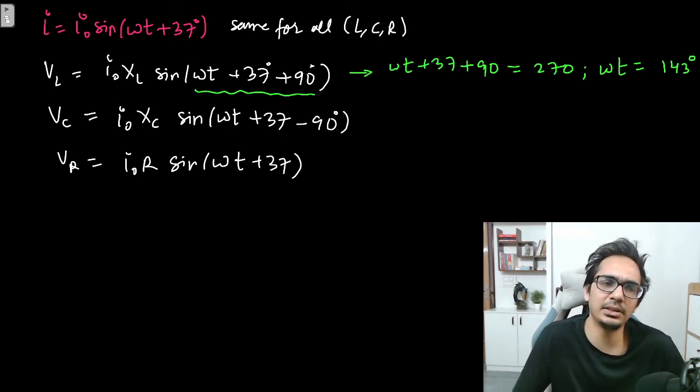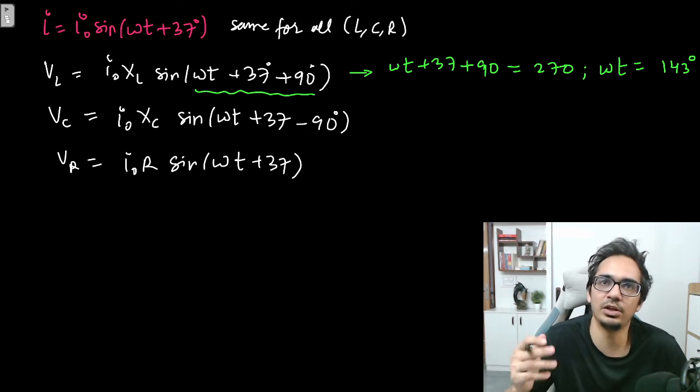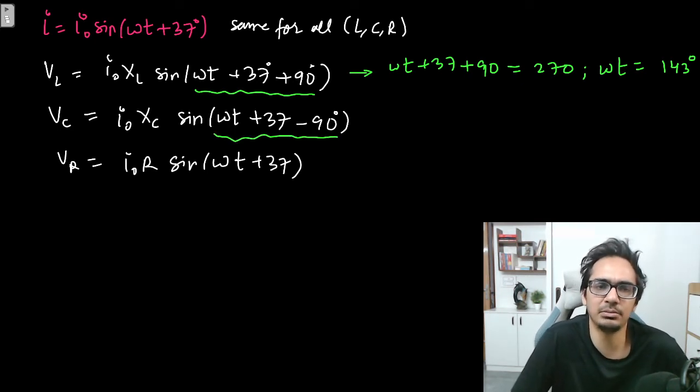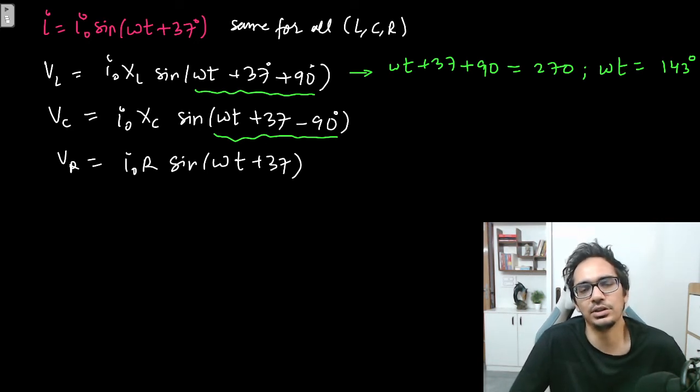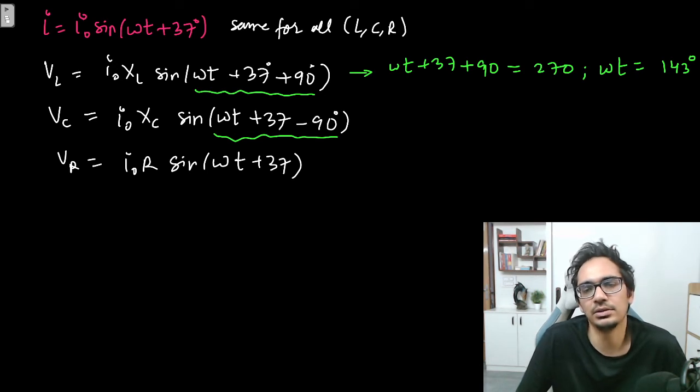Now what about the capacitor? In the capacitor, by direct logic, you can think that the phase difference between inductor voltage and capacitor voltage is 180 degree. So if one is maximum, the other will also be at maximum. One will be in positive maximum, the other will be in negative maximum. And you can see from the equation also, again you have to make VC maximum. That means sine should be either 90 degree or 270 degree or something like that. So this is omega t plus 37 minus 90. So when will be the first time when it becomes magnitude wise maximum? Minus 90 is already there, and this is 37.